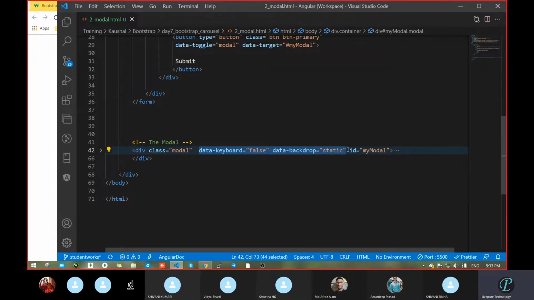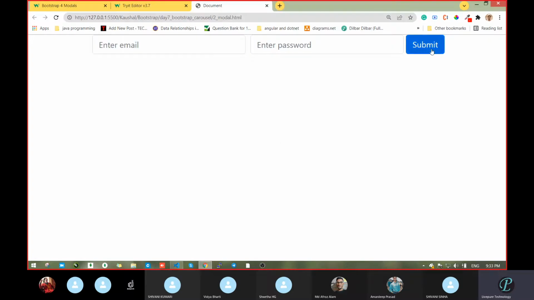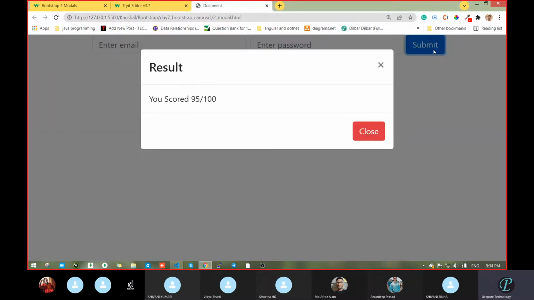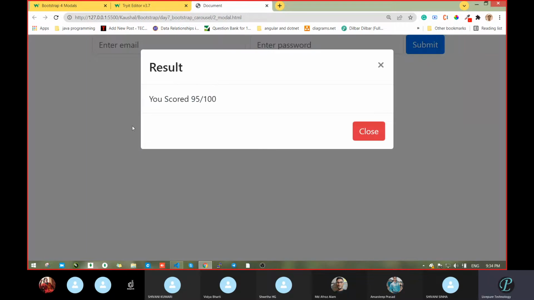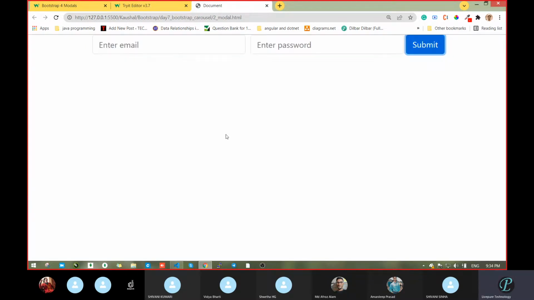Once you click that button, you will get this one. Let's verify. The submit button opens it. Now click outside. See, it's not hiding, not even when you click. But when you click on the button, it hides. This way we can prevent closing from outside clicks. Got it?